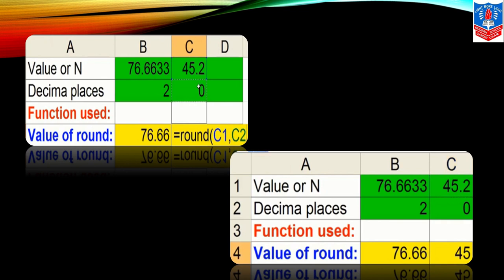See the result, that is 76.66. Same way in C column we have written 45.2 and decimal places पे हमने decimal place दी है 0. Okay, अब इसे राउंड करें, is equals to